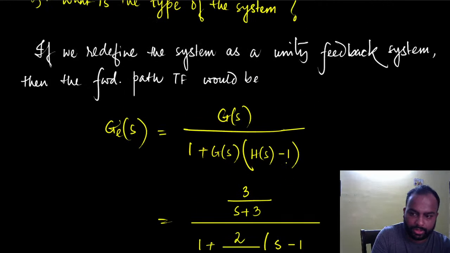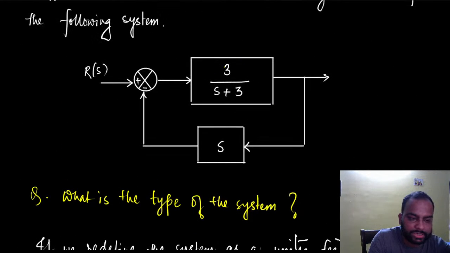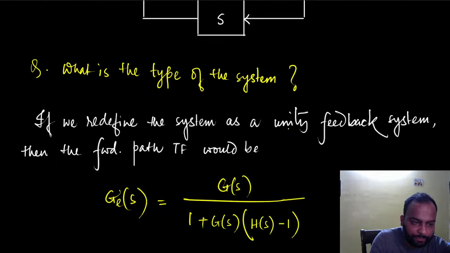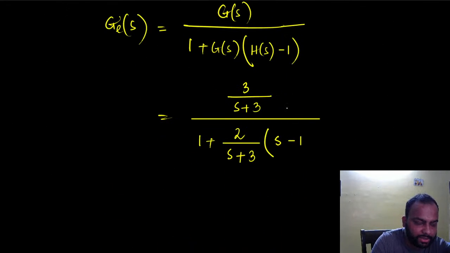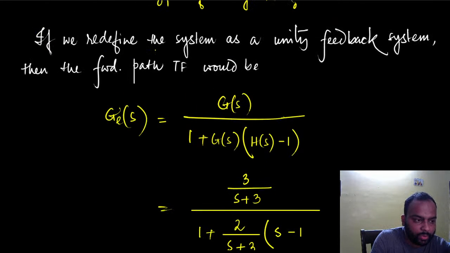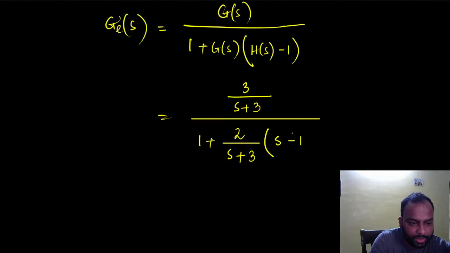So the point I want you to take home: this might look like a type 0 system, but it is not, because there is a non-unity feedback. So if I define the error forward path transfer function when I convert this to a unity feedback system, then this is what it becomes, right? All right, and then if I do the simplification,